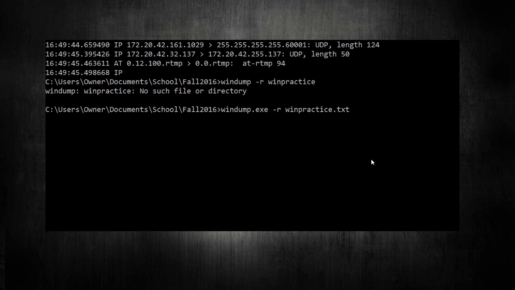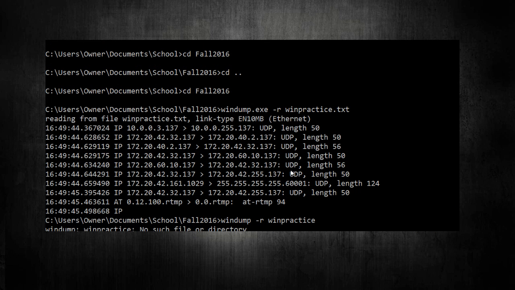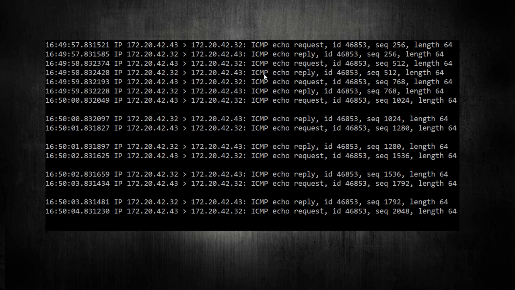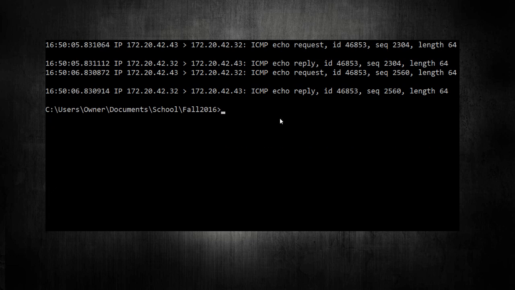So if I wanted ICMP, it's going to read through the file again, but it's only going to show me any protocol that's ICMP. It's not going to show me any of the UDPs like we did earlier, or any of the TCPs. So now we see all these ICMP echo requests and replies. I went through the whole file, and those were the only ICMP.